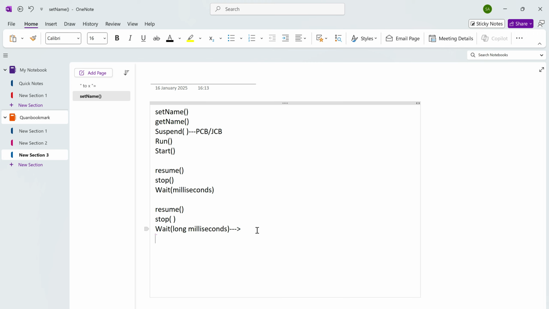sleep, and it will take the long milliseconds as a parameter. This method throws InterruptedException. I'm not writing the complete name, I'll write it: InterruptedException. So this method, the sleep method,